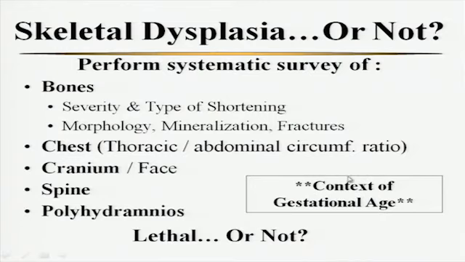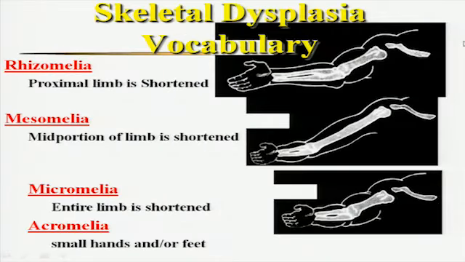I mean, if we see short femurs and humerus at the 5th to 10th percentile at 32 weeks, and mom is 4'10", we're not going to be as concerned as when we see this at 22 weeks. We just need to make sure we're using the proper vocabulary, so I'm just going to go over the different